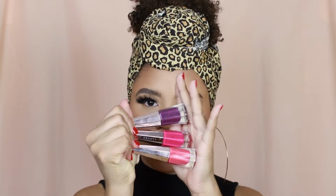I was lucky enough to receive a DM on Instagram from the Fenty Beauty team. I'm super excited about that. They said they would like to gift me, and luckily I did receive the new items, which are the new Stunna lip paints, these 3 shades here, as well as the 2 new Killawatt highlighters,